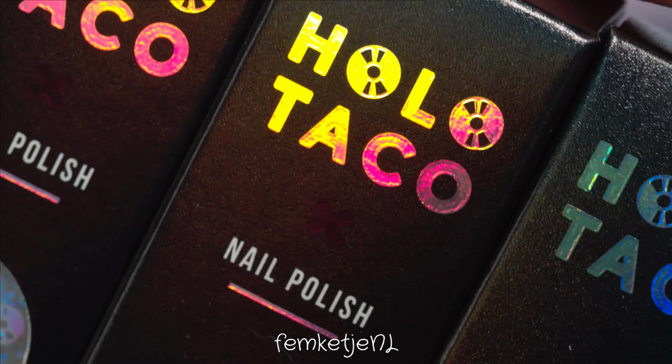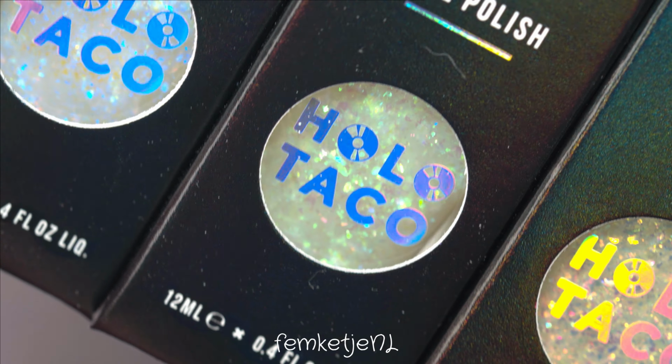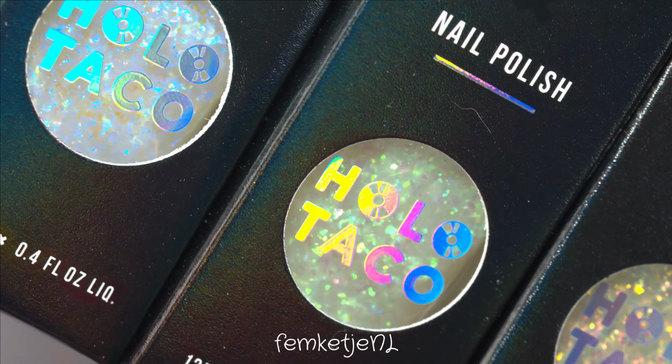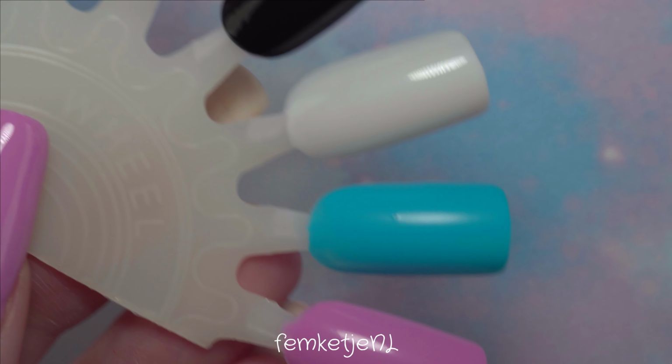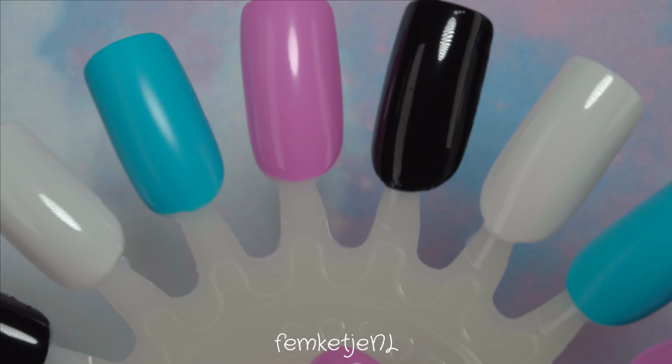I'm a big fan. I love the packaging. I love the whole color scheme and the entire theme that she went with for this unicorn skin collection, I'd say. So yeah, let's just continue to the final swatches of the three flaky top coats, because I'm excited for these,